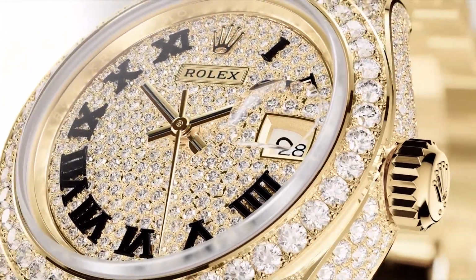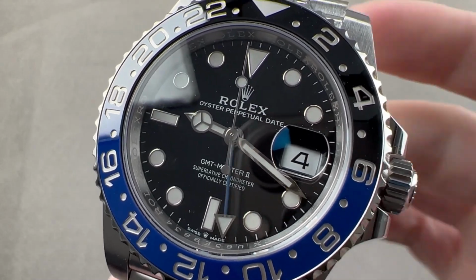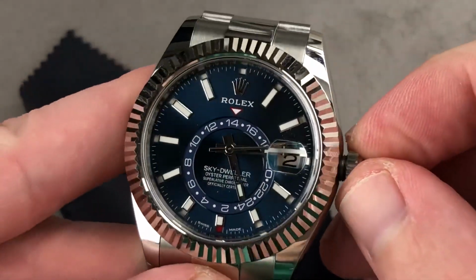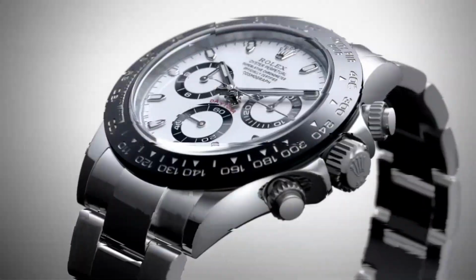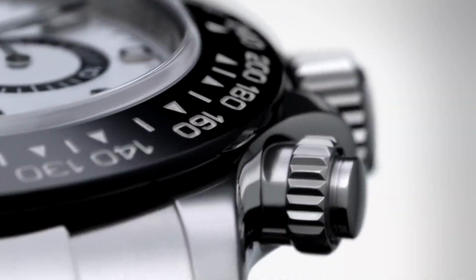If you're a fan of luxury watches, then you must know Rolex watches are synonymous with quality, precision, and luxury. But with prices that can range from tens of thousands of dollars to over $1 million, you may be wondering why Rolex watches are so expensive. Today, we're going to take a closer look at what goes into making a Rolex watch and why they're worth